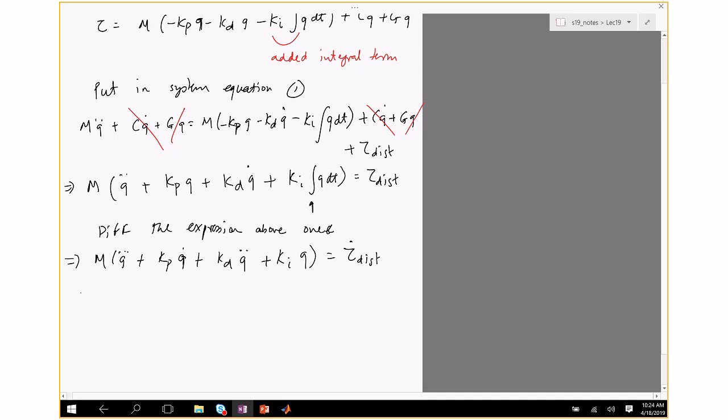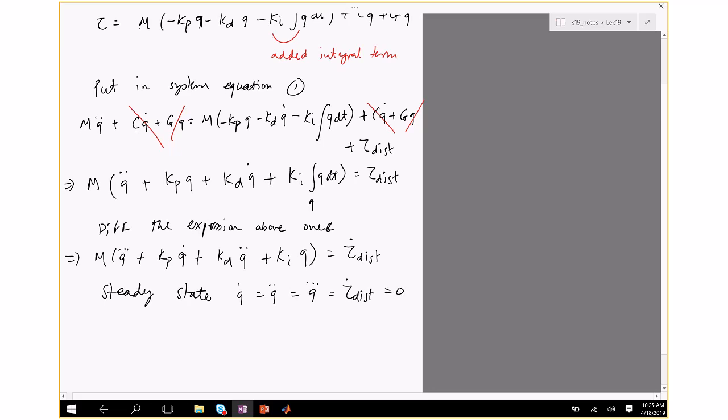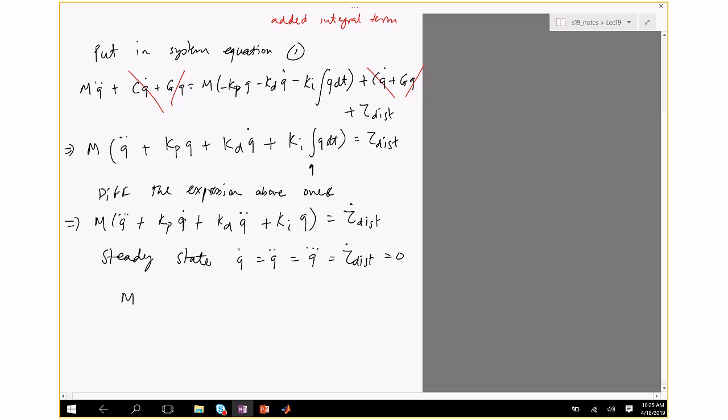Now look at the steady state. We have q dot equals q double dot equals q triple dot equals the rate of change of disturbance. The disturbance is constant, it's not a function of time, so the derivative is going to be 0. So we're left with M times Ki q equals 0, and that means q equals 0,